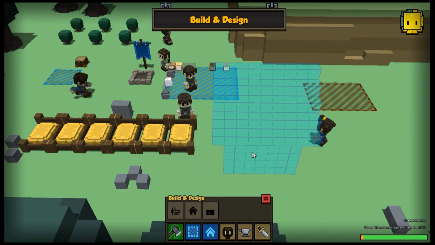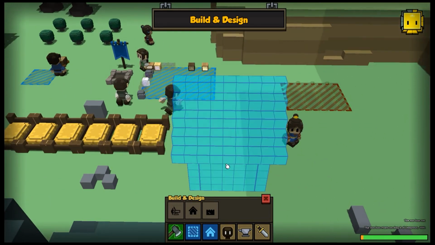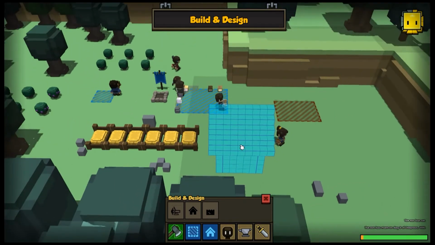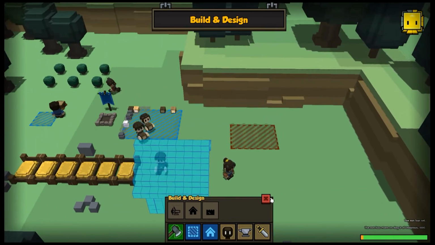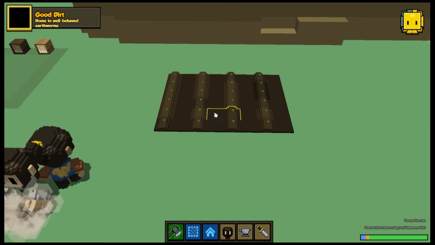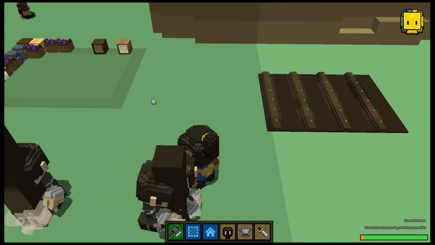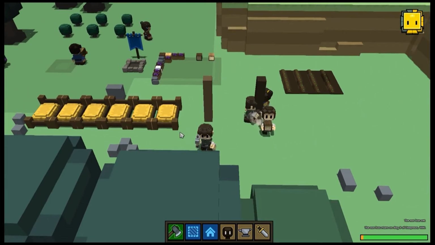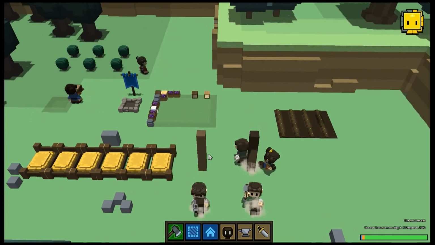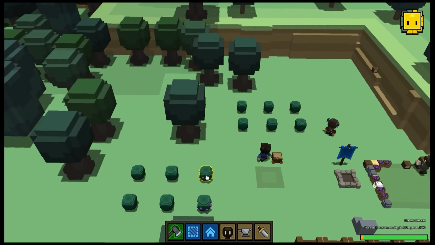Doesn't look like there is, so I'll just go ahead and place it down, and it'll be facing the wrong way, but oh well. So they're gonna get started on that. Oh, and there's our farm. Let's see how that's looking. Good dirt, home to well-behaved earthworms. I guess that works. So they're gonna be building that house for a bit, but in the meantime, I am